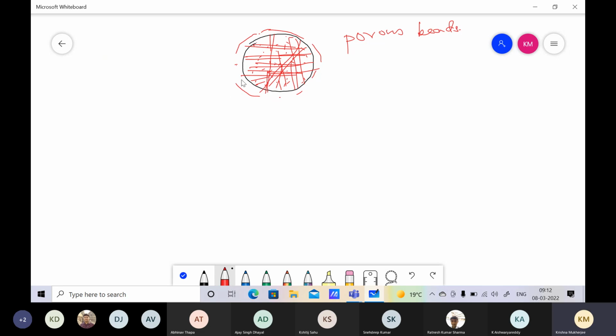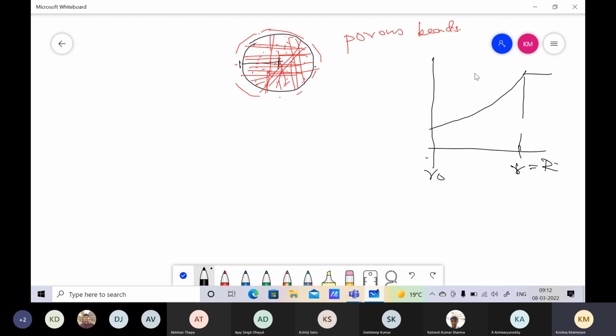And porous beads means now you have to consider the fact that there is diffusion taking place, from the surface area here to here, to r equal to 0. So if r is equal to 0 here, and r is equal to R here, the substrate concentration will tend to fall. Let us assume that this is the substrate concentration in the bulk. Let us forget external mass transfer, we are not combining it. Let us study one at a time. So internal mass transfer